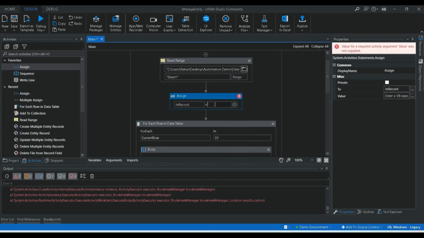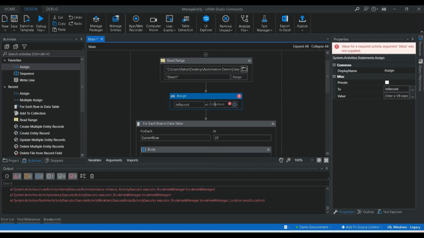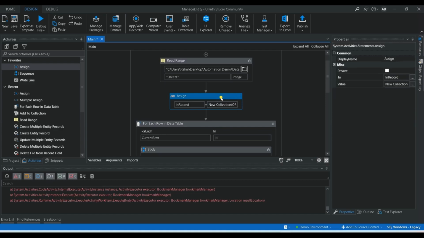That is in record equal to new collection of, what should be the type? It should be of type sample entity, right? So we initialize the collection. Let's try to execute again. Okay,